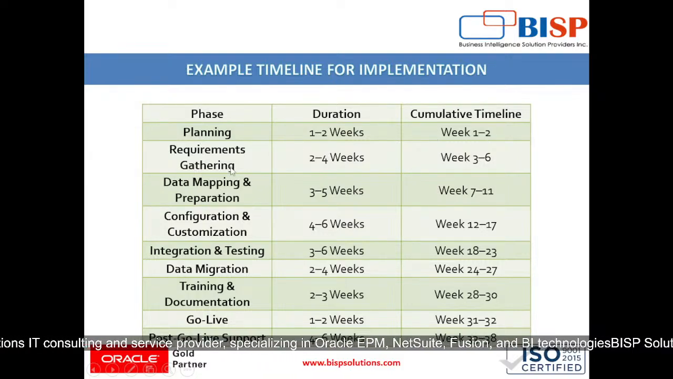Requirement gathering is 2 to 4 weeks in duration. Data mapping and preparation will be done in 3 to 5 weeks. Configuration and customization will be done in 4 to 6 weeks. Integration and testing will be done in 3 to 6 weeks, and data migration will be done in 2 to 4 weeks. Training and documentation for the client's employees will be done in 2 to 3 weeks, and go live will be done in